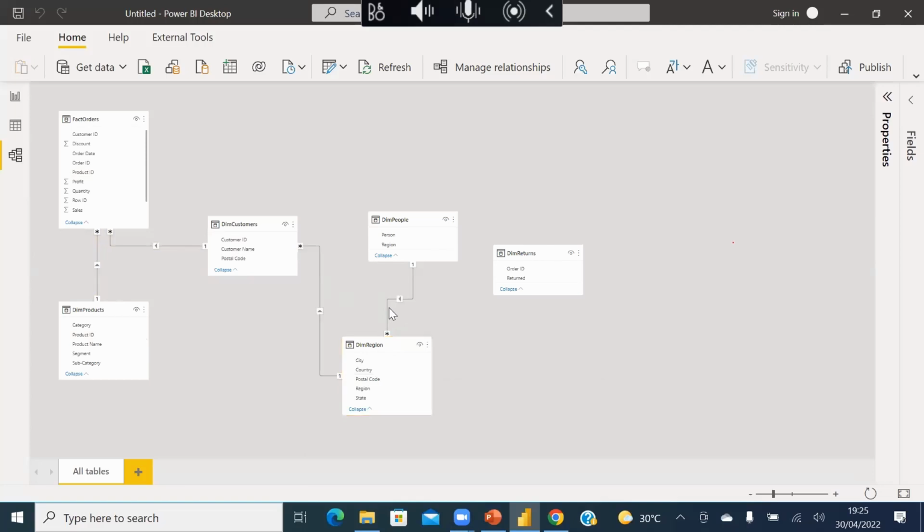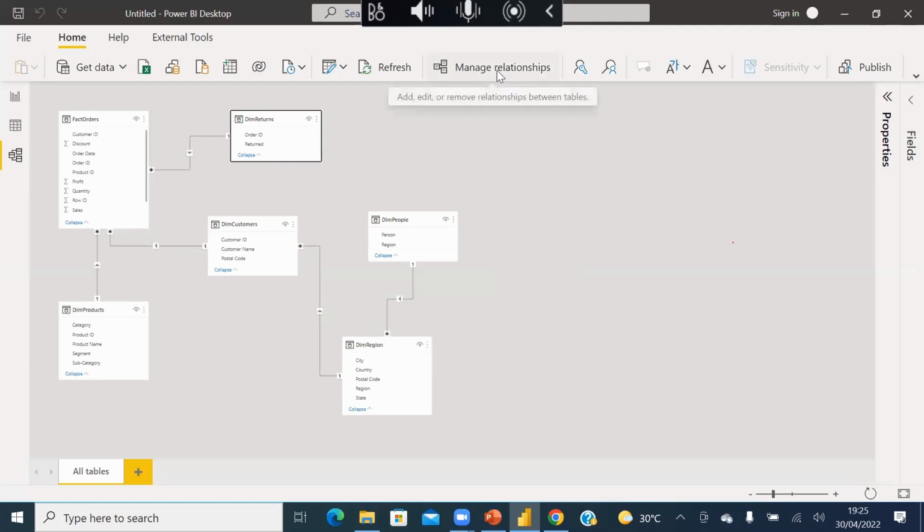Then we have these people here, right here. Now these are products that were returned. So we use the order ID, we link it here. And we now see that we are able to tell which product was returned. And it makes sense. So this is what our data model looks like. But the other part of the data model is where you can start doing some calculation, you create your measures. So that's DAX, and it's a bit advanced.